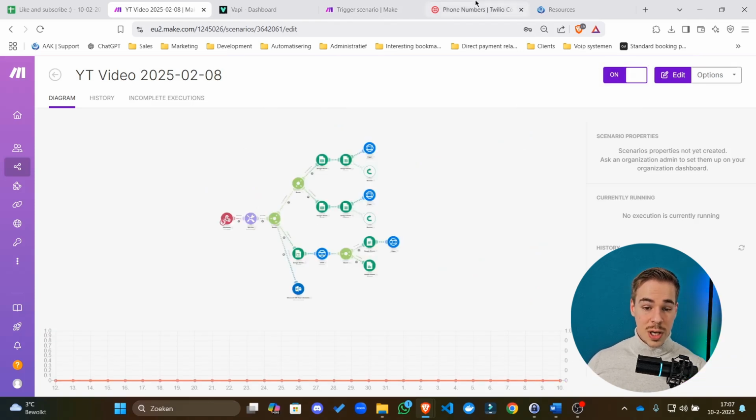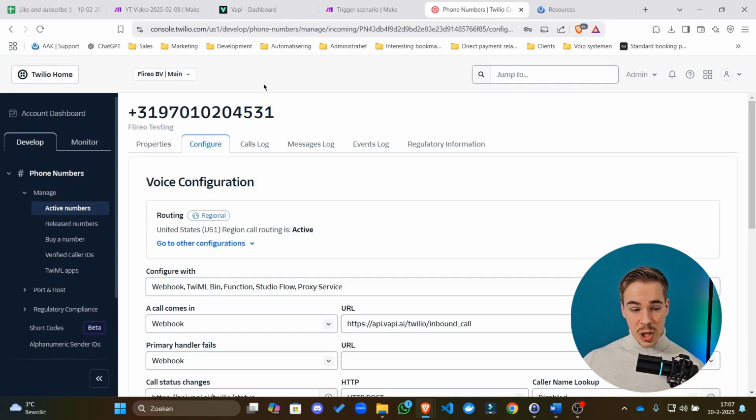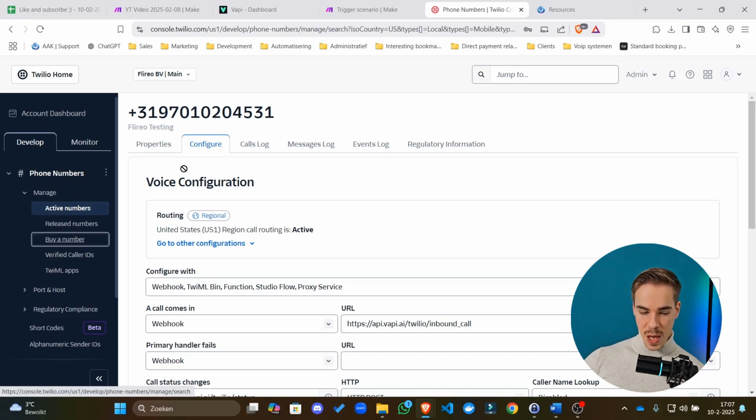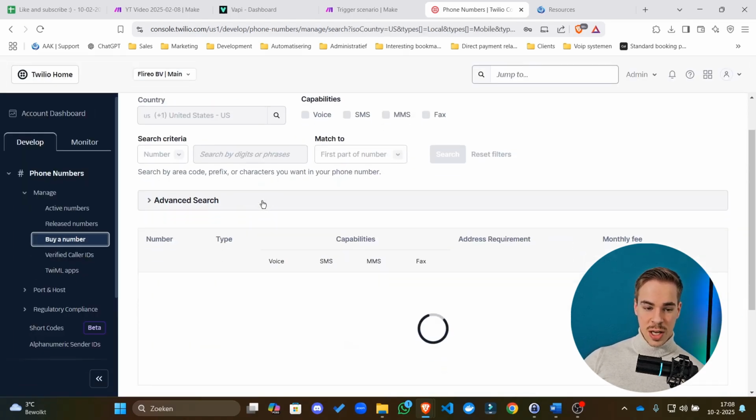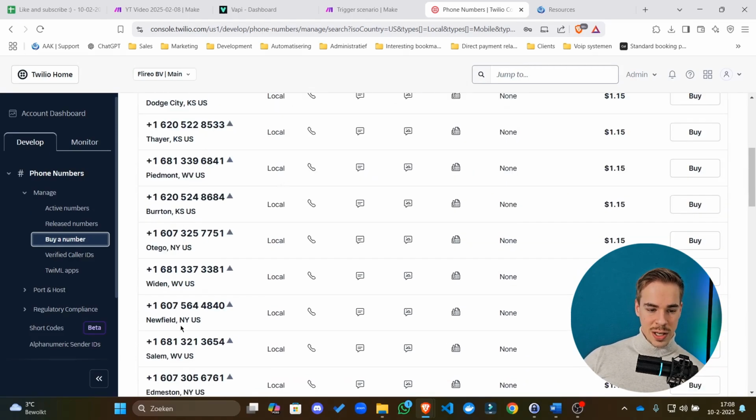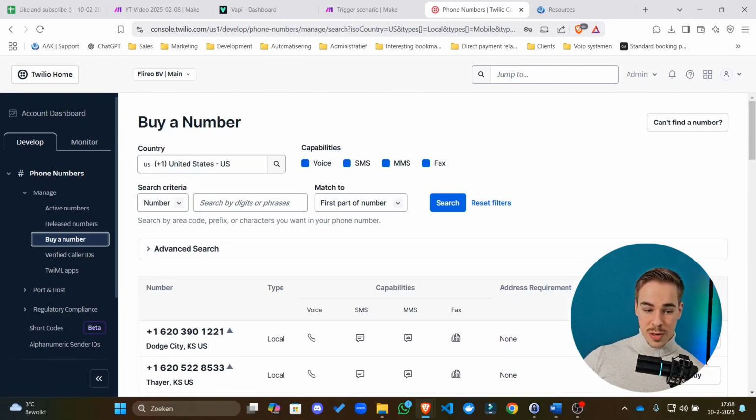We're going to turn this on. So how this works is if you go to Twilio, you need to make an account at twilio.com. And if you log into the console at console.twilio.com, you can go to phone numbers, manage, and then buy a phone number. And then, of course, many of you guys are in the US or in Canada. So that's where you're going to type in, buy a phone number,